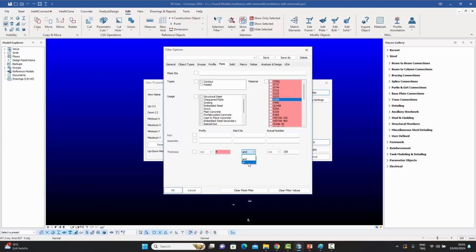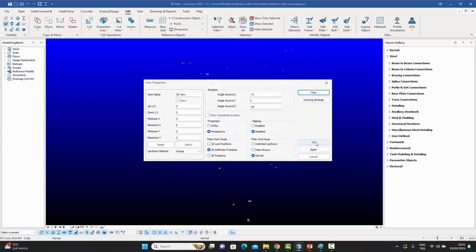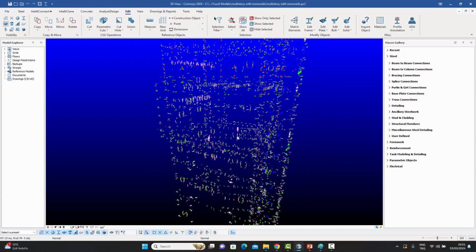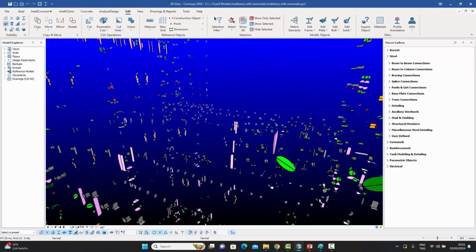you can put an and or between them, and less than, for example, less than or equal to 10. So you have these operators of equal to or not equal to or less than, and you can use all of them in combination with the first parameter and the second parameter. So now it's going to show me only the plates which are between 5 and 10 in thickness in millimeters. And if I were to say OK, then it filters out those plates,